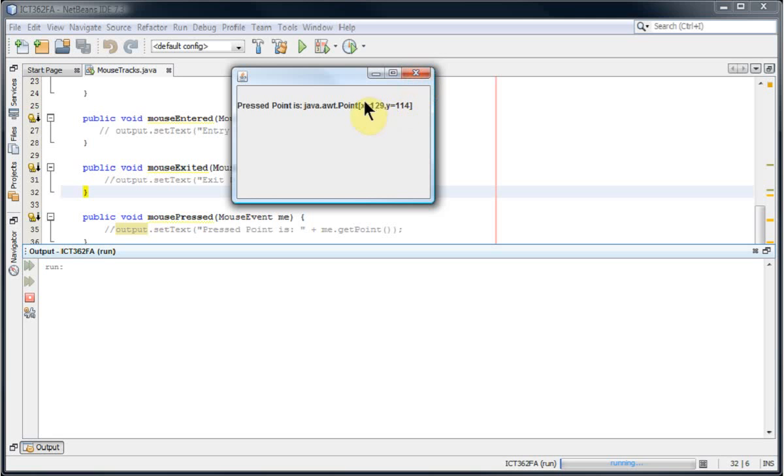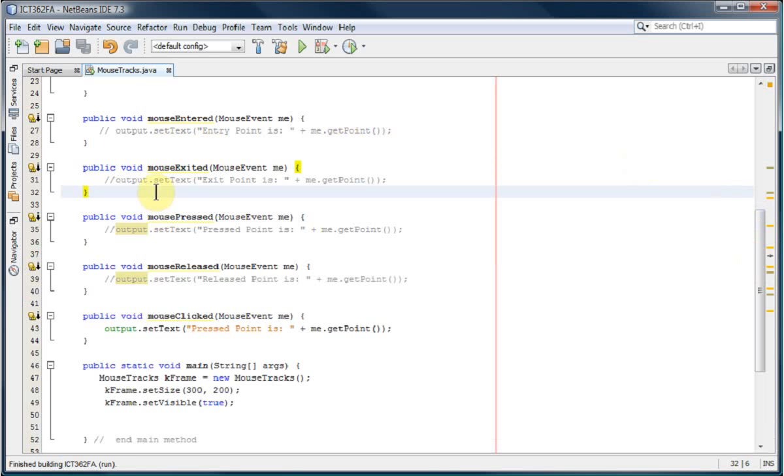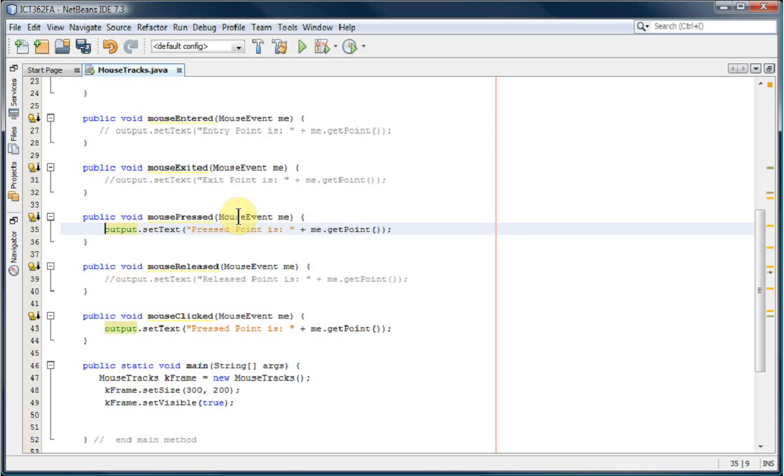Now what we've been doing is getting the points, and this is the X point and the Y point. X is measured from the far left, Y is measured from the top, how far down from the top, how many pixels from the edge and the top of the screen. But there's other things we can get. And probably the easiest thing to do is let's go to the pressed one here, because the question is,